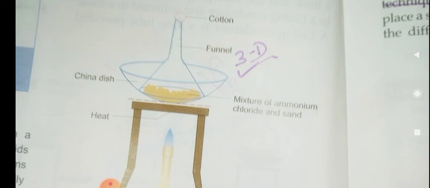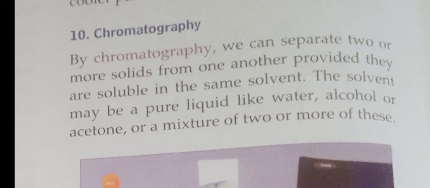Okay children, do you understand this method? Yes. Now the next method is chromatography. This chromatography is a technique used when all the components of a mixture are soluble in a solvent. For example, the coloring substances of a flower or an ink can be separated by this method. If you take green sketch ink, you know that green is made by blue and yellow. Those colors can be separated.